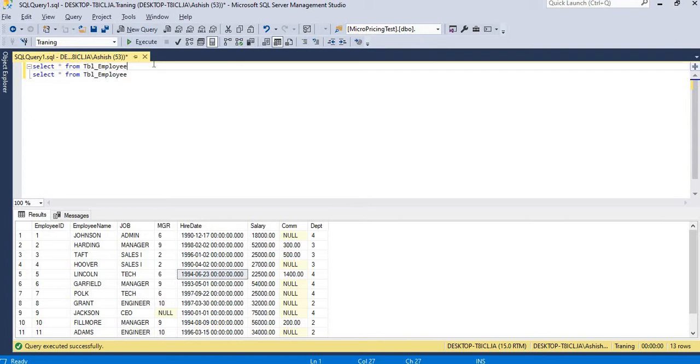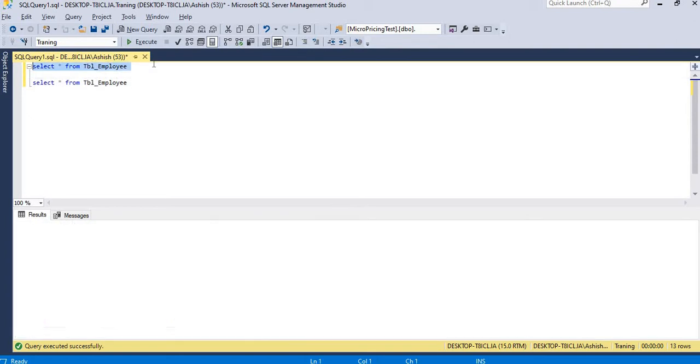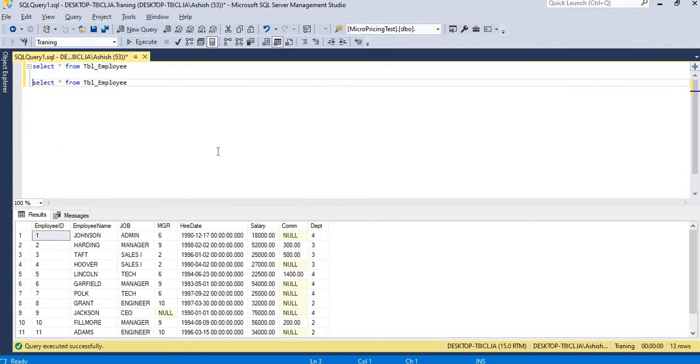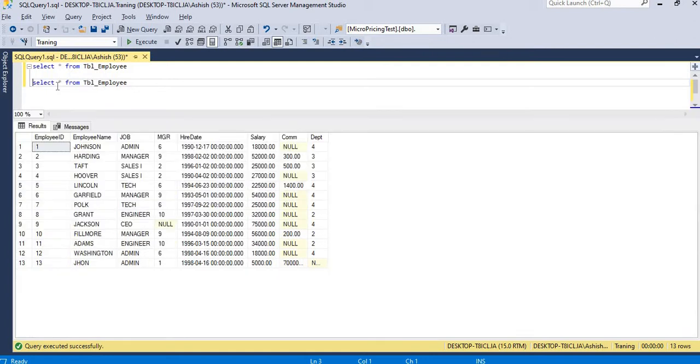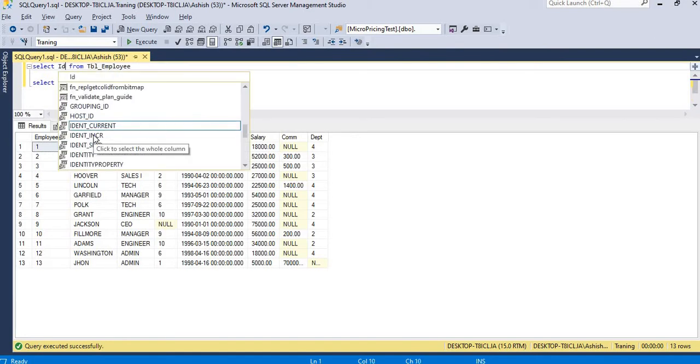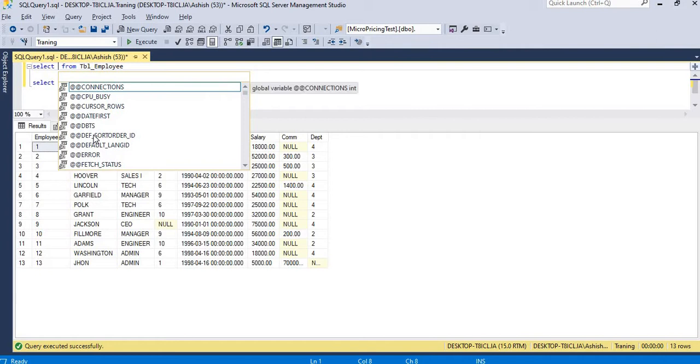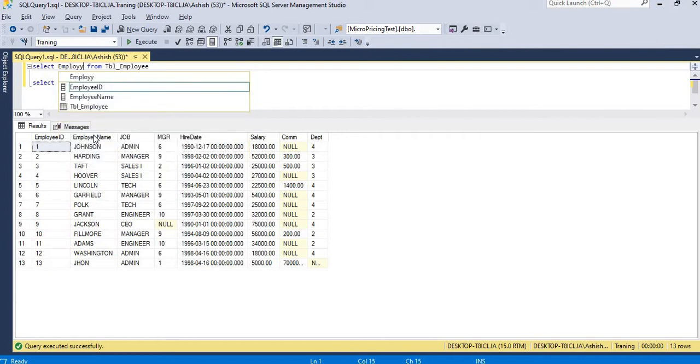So I'll show you how. You have one employee table, and now you have multiple rows. Now you want to combine them. I will select only the employee ID and employee name.